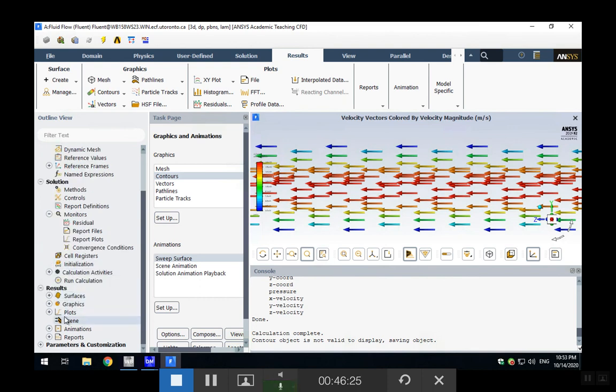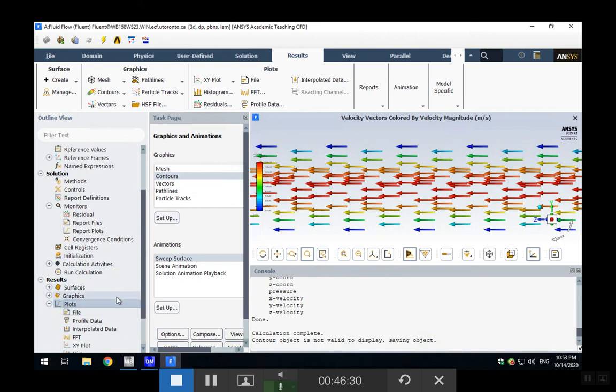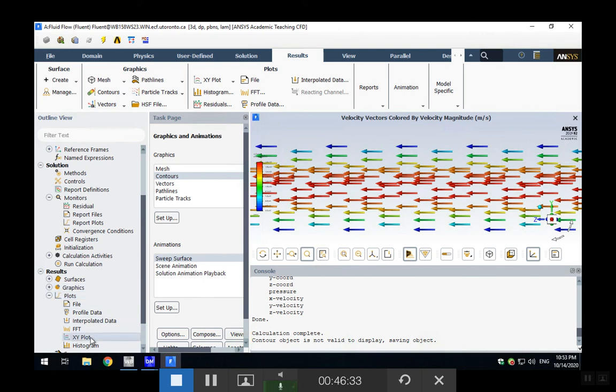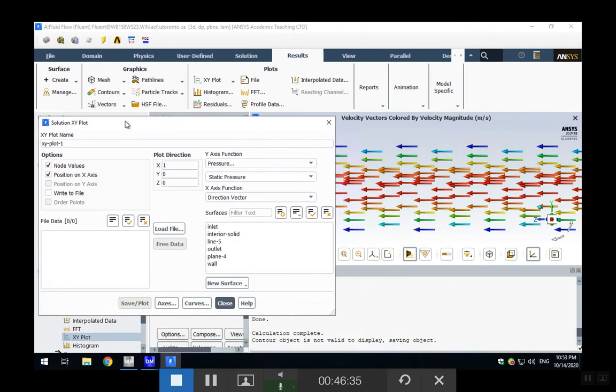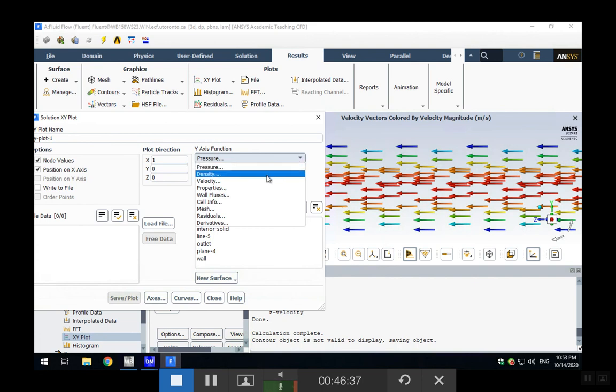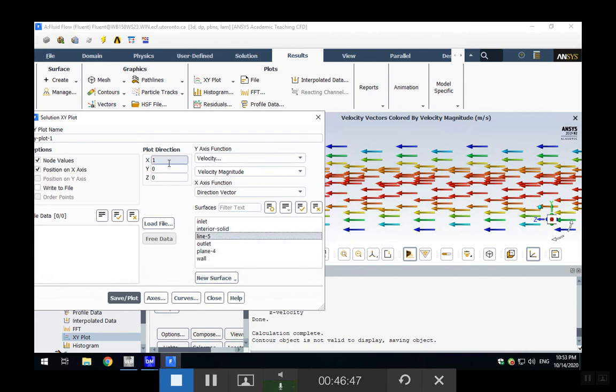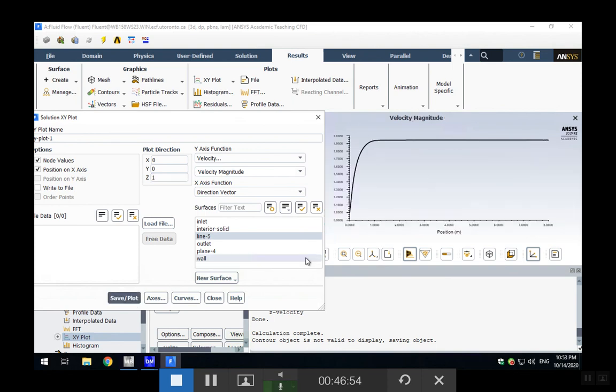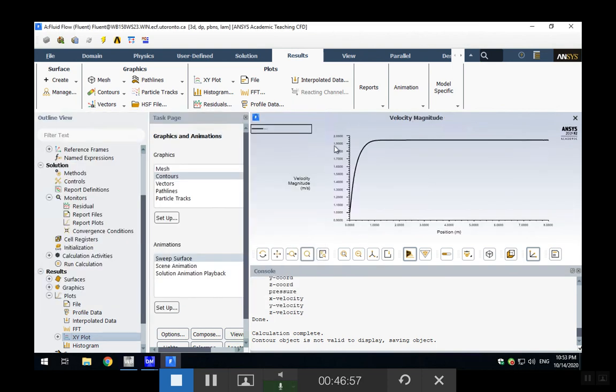Now you go to the plot part in here. So after graphics, you see plots. Open up the plot and XY plot. So you want to have the plot of velocity magnitude on line 5, and the direction vector is 0, 0, 1, right? Because it is in Z direction. And save the plot. You see, this is going to be a plot, and this is what you expect, because